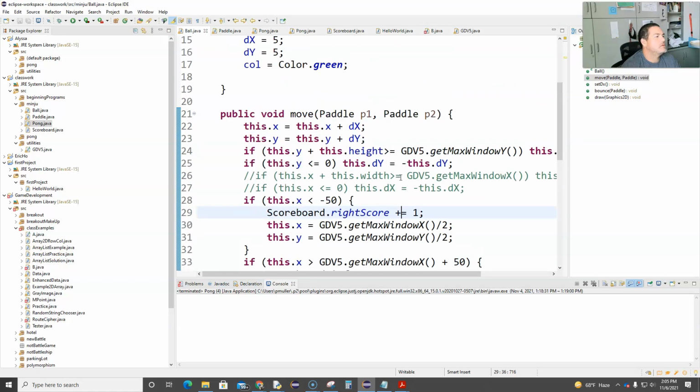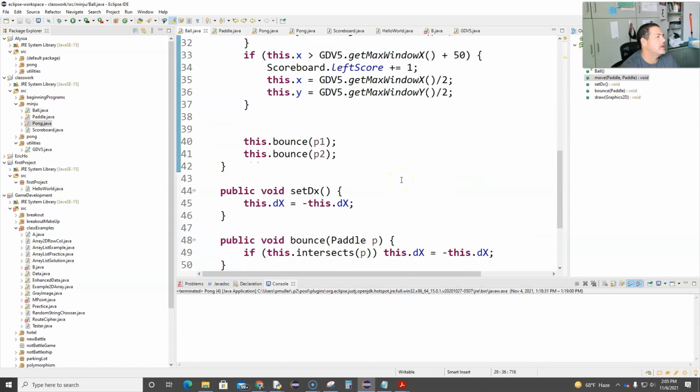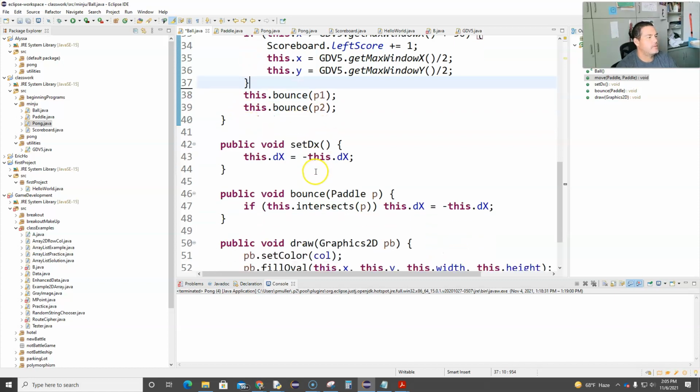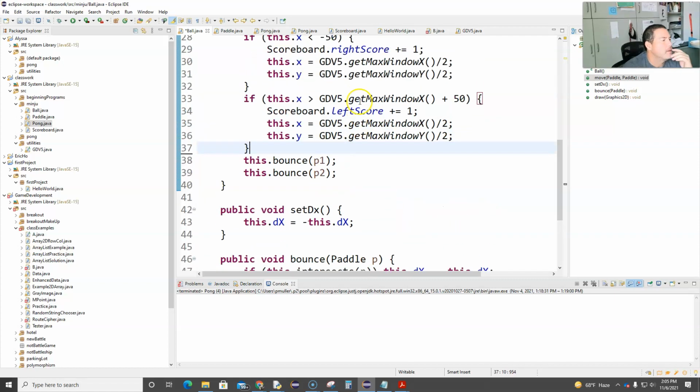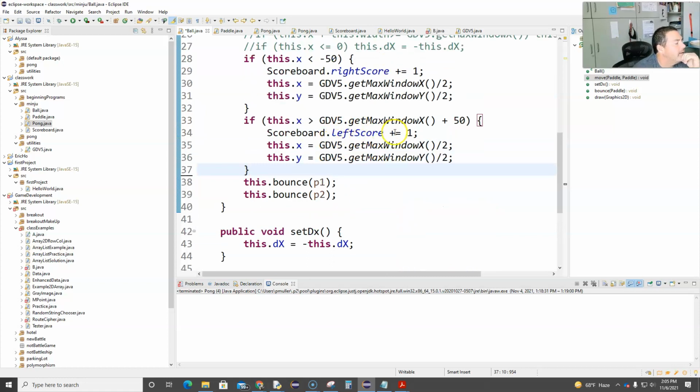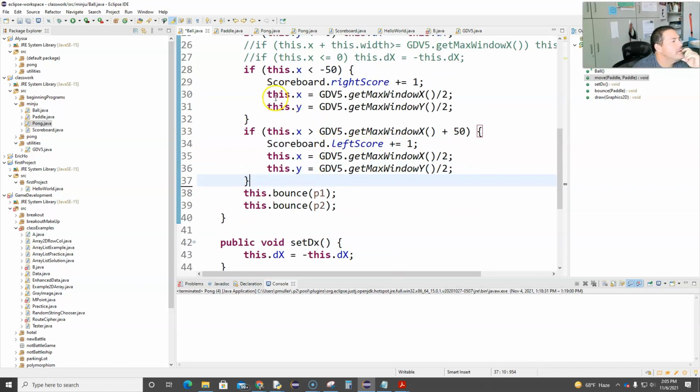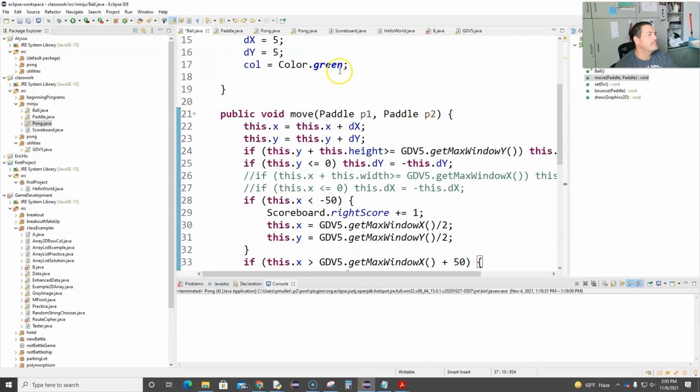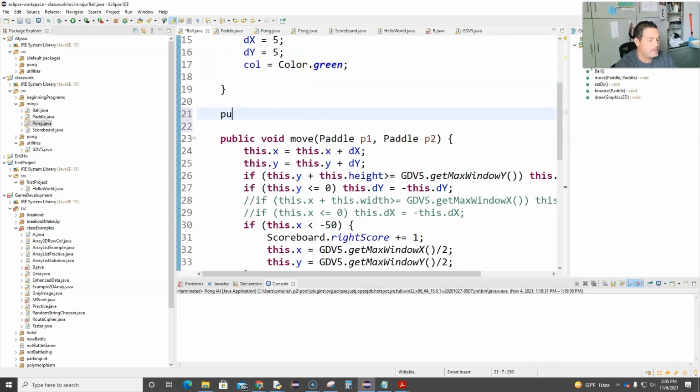maybe just, when you look at code like this move method, there's really a lot of stuff going on in the move method. And I've already abstracted some of this away by writing a quick bounce method here to deal with that. And I feel like when I'm putting the ball back in the middle of the screen, that's the ball resetting, so that's an opportunity for a method maybe. So sometimes as you build, and add on to things and make a method bigger and bigger, you might see an opportunity to make some sort of sub-methods